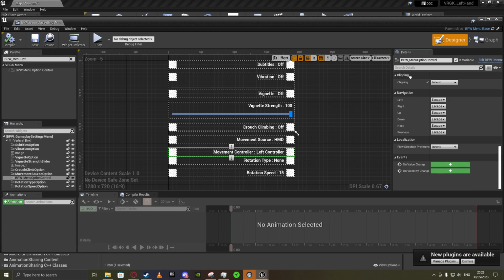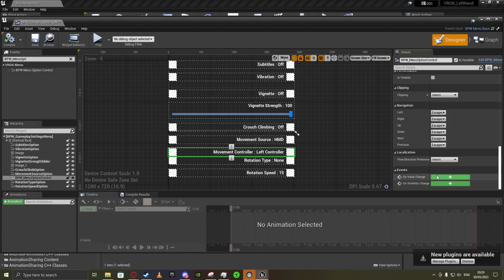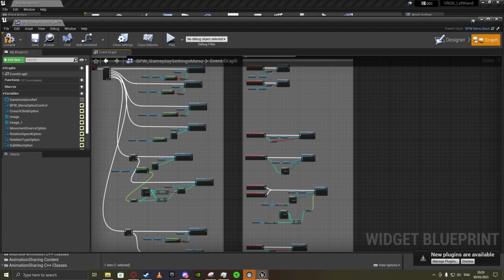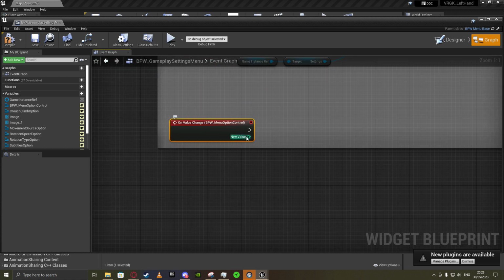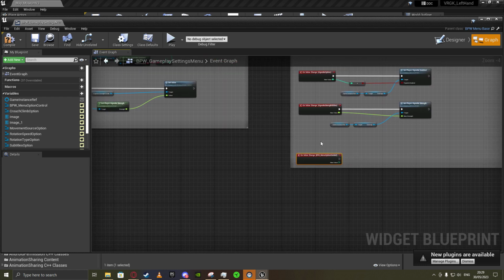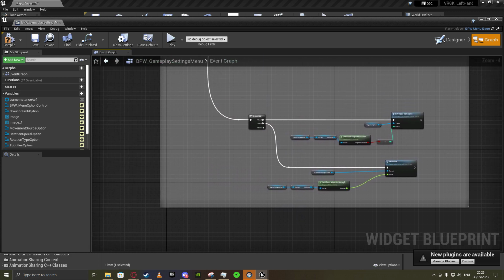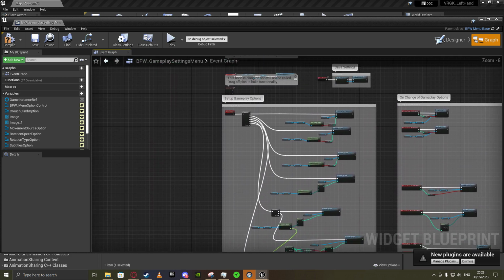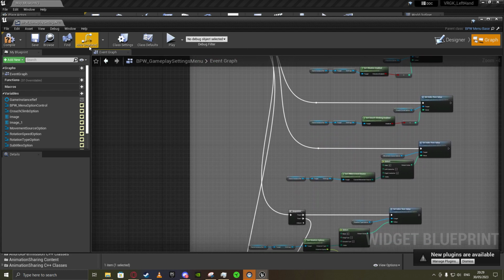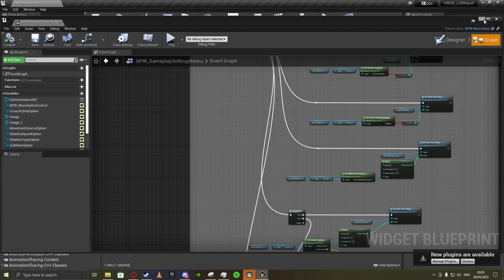Now, usually I would save this to the end. However, I would like to get this done right away. So we need to just create a value change for the time being. We're going to come back to this because we need to reference things like the game instance and the settings. We don't have any of that set up, and on top of that, we got to get it to set up on startup. So now, compile what you've done so far,